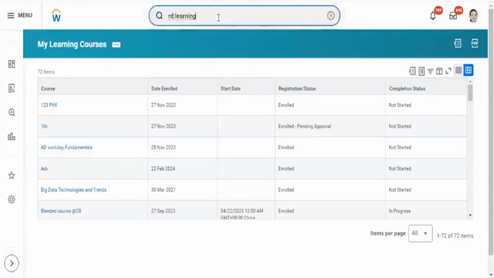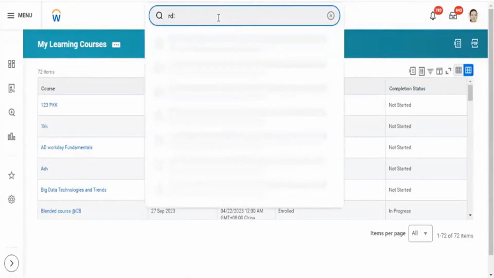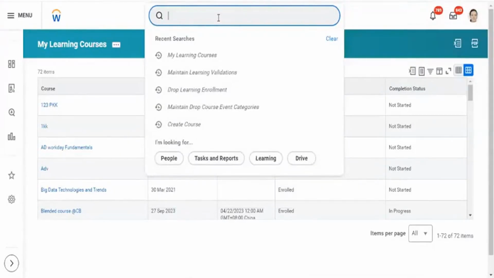The other one is probably I can create and show you. Let's say you want to track the completions of enrollments. How many employees have enrolled in a course? How many have completed? How many have not started? How many are in progress? Those are the kind of options you're looking at.